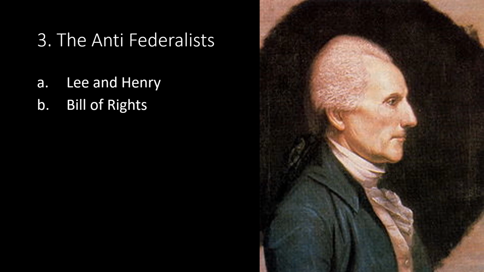The assertion that the Constitution needed a Bill of Rights became the major argument of the Anti-Federalists against ratification. Once the Federalists realized that this was the biggest obstacle, some of them suggested that states with concerns about the absence of a Bill of Rights ratify the Constitution with the caveat that the Bill of Rights would be added later.